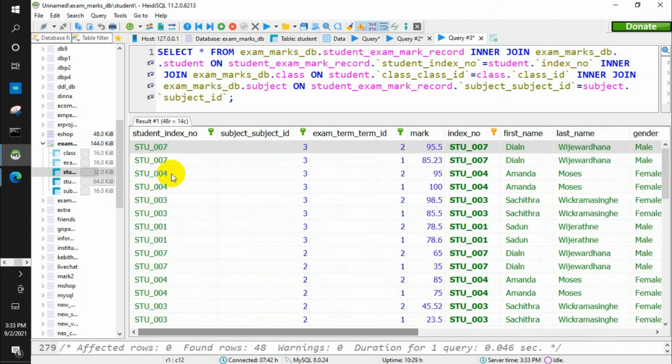Lastly, I'm going to enter details of the exam term. I'm going to connect the exam term table here.